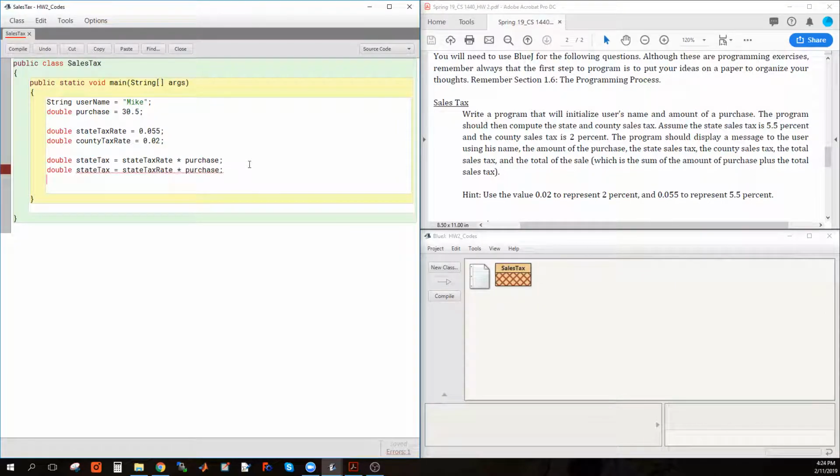Alright, do the same thing for the county tax, and this time use the county tax times the purchase. So now we have the state tax and the county tax. Now the next thing is that we would like to display a message to the user using